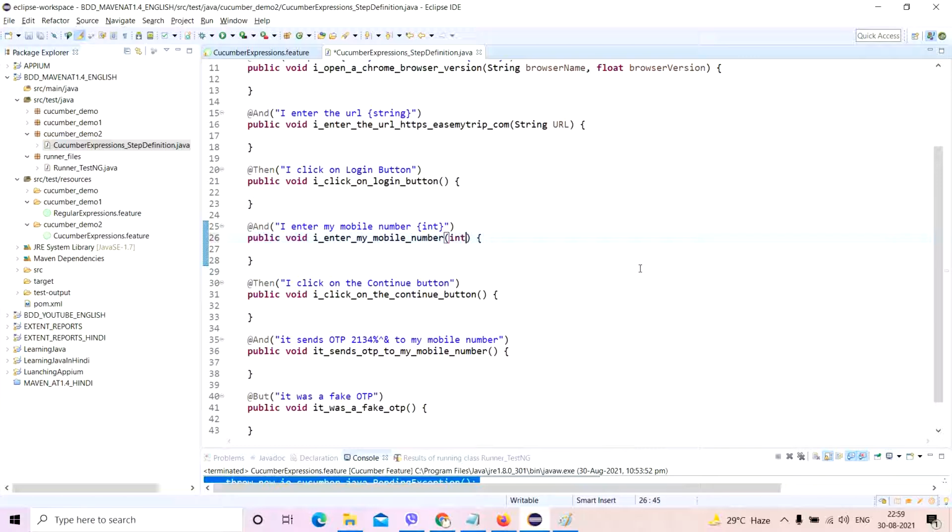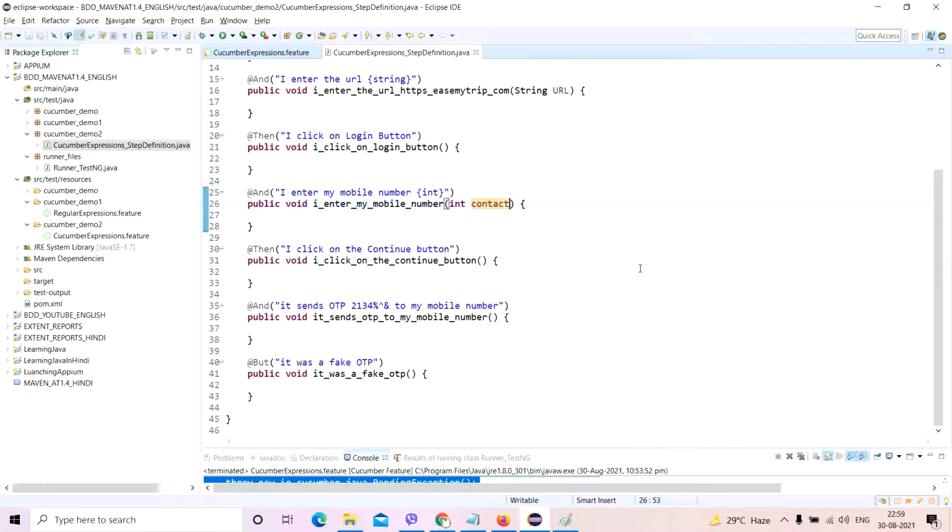Now for int mobile number, I'll write contact. Okay, I'll leave this one alone too. And now this one I'll do a little bit for 2134. For this particular bit I will use int, because this becomes an integer.